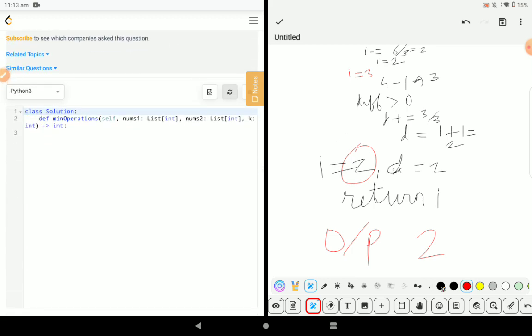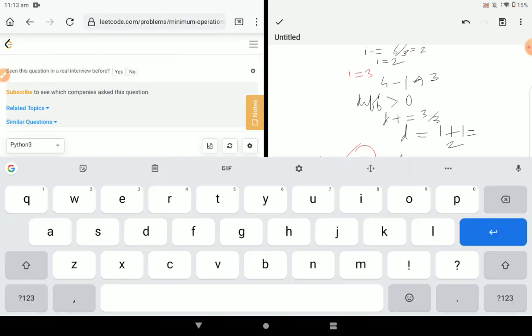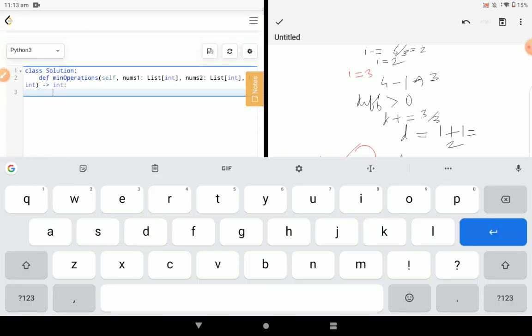Now let's code for it. Okay, let's try to code for it. If our k is equal to 0,